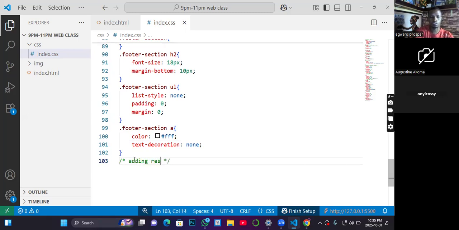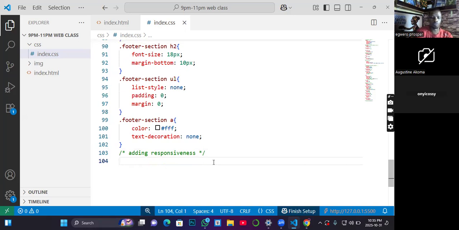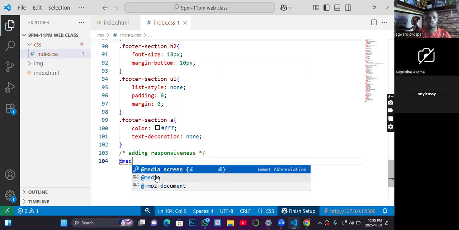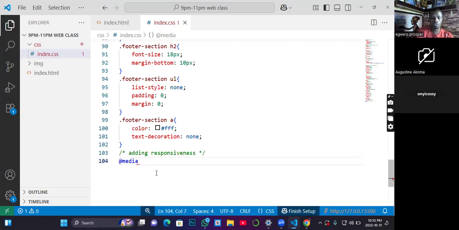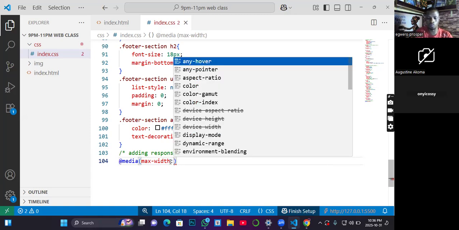Adding responsiveness. So I'll simply do @media. I've explained all this before. Media query, @media. Then define the limits of that device that you want to implement the display at. @media width. Specify the width. So we are targeting mobile phone, which is within the range of